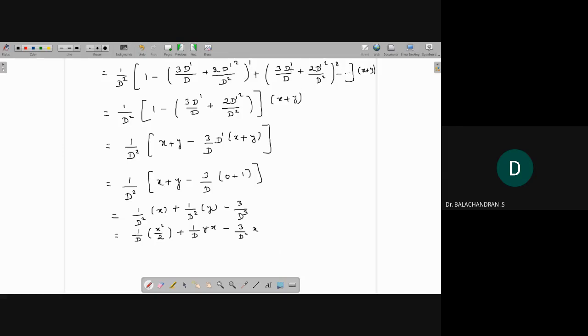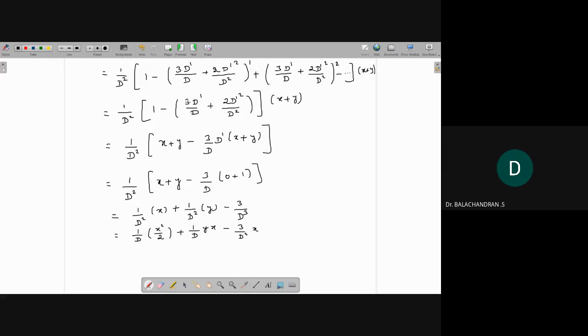Even though it is enough up to this term, I will write one more term. If you see here, this is the a plus b whole square formula: the a square term will contain D dash square, and D dash square of x plus y is 0. Similarly, the b square term contains D dash power 4. The 2ab term contains D dash into D dash square, which is D dash cube. So I don't need this term. I will write only the first term, 1 minus x term: 3D dash by D plus 2D dash square by D square of x plus y. Now 1 into x plus y, so x plus y